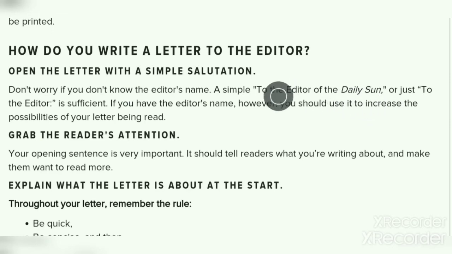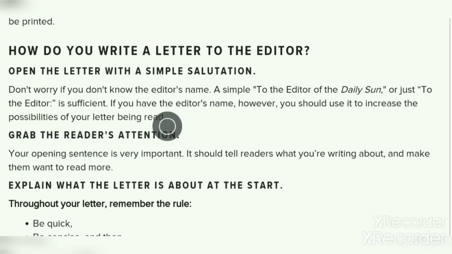This is the name of the newspaper, Daily Sun, and then the editor. You can also write just to the editor, but if you have the editor's name, you should use it to increase the possibility of your letter being read. So if you know the name of the editor, then you can write Dear Editor, and then the name of the editor.